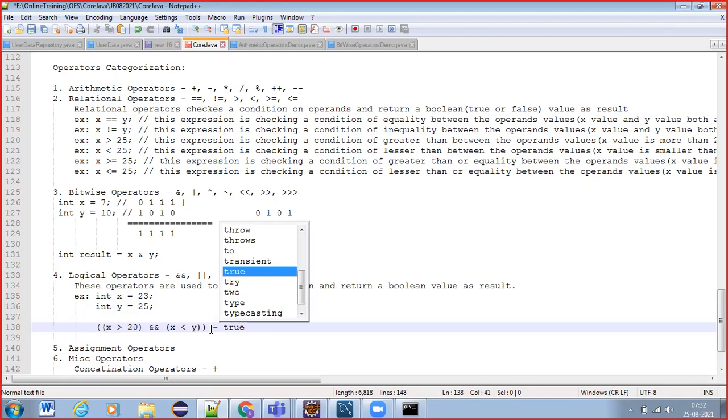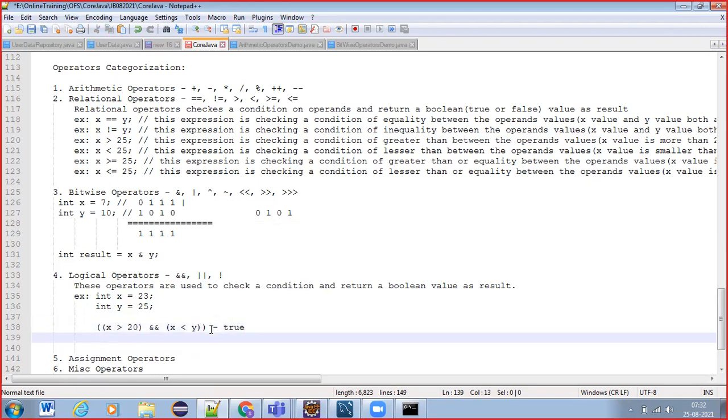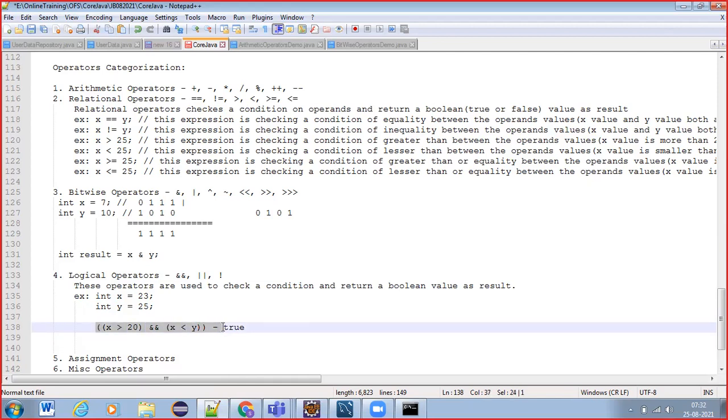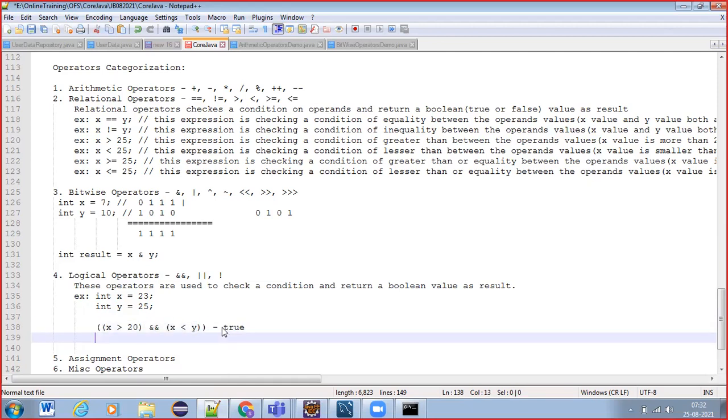True, right? In a similar way, x is greater than 20 or x is less than y.